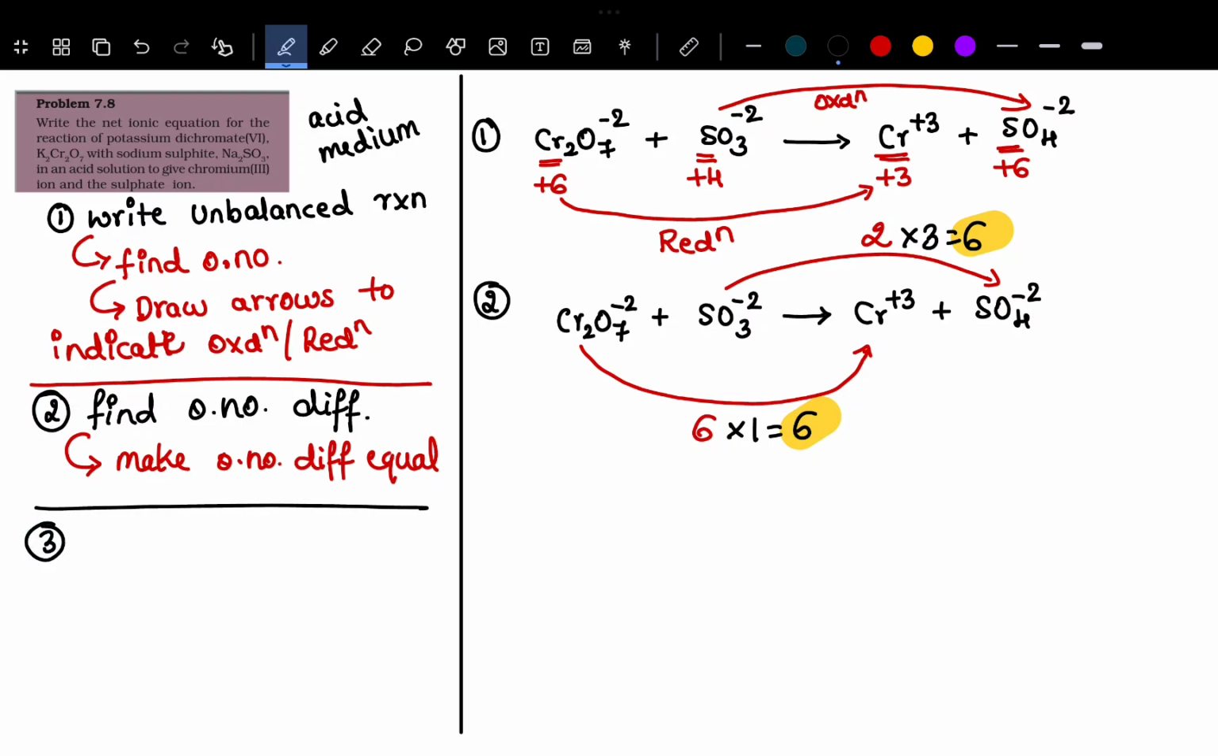So in the next step, whatever number we have multiplied here, here it is 3, here it is 1. This number we have to add on the left hand side of this arrow. Here this arrow ends here, so this 3 should be added here, whereas this arrow ends here, so we have to add 1 here. Fine. So that is the next step, that is add the multiplied number